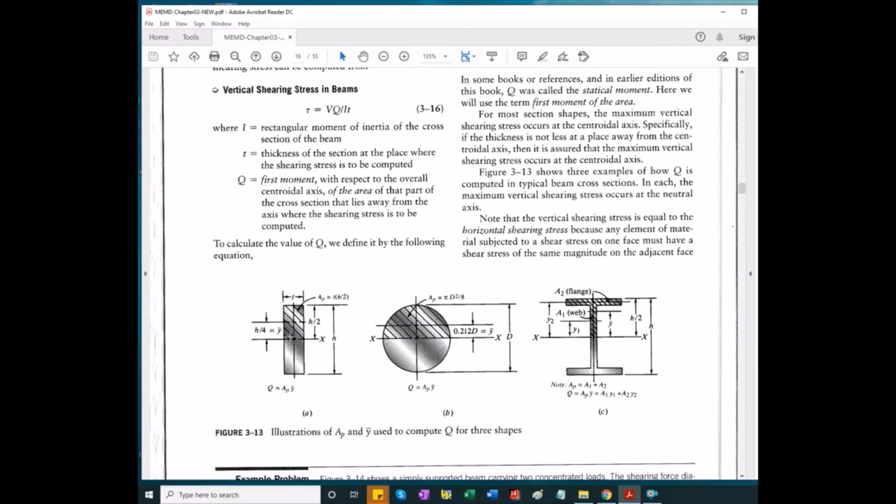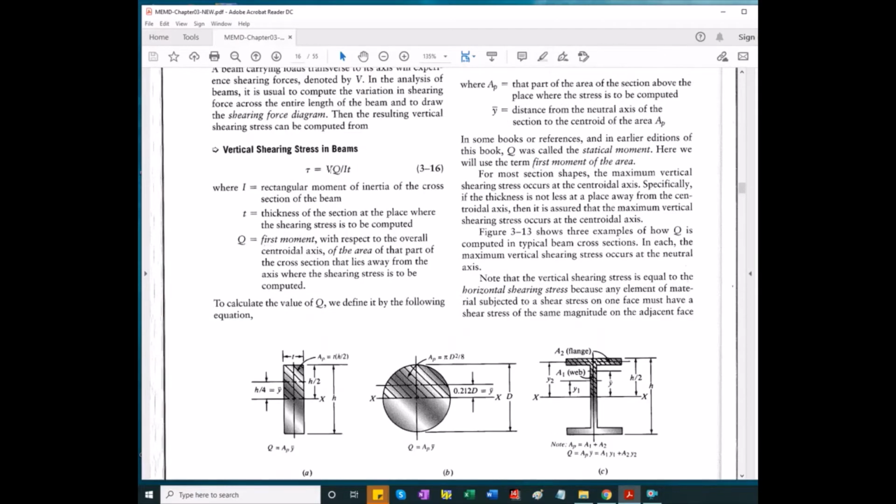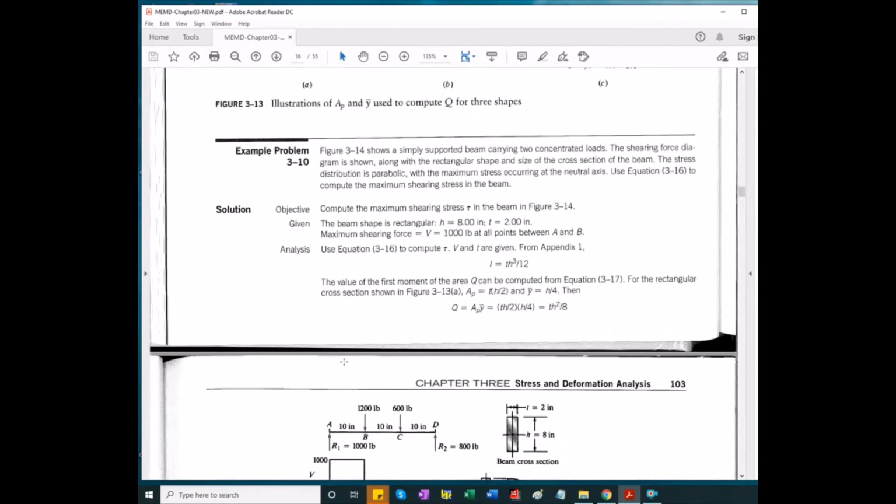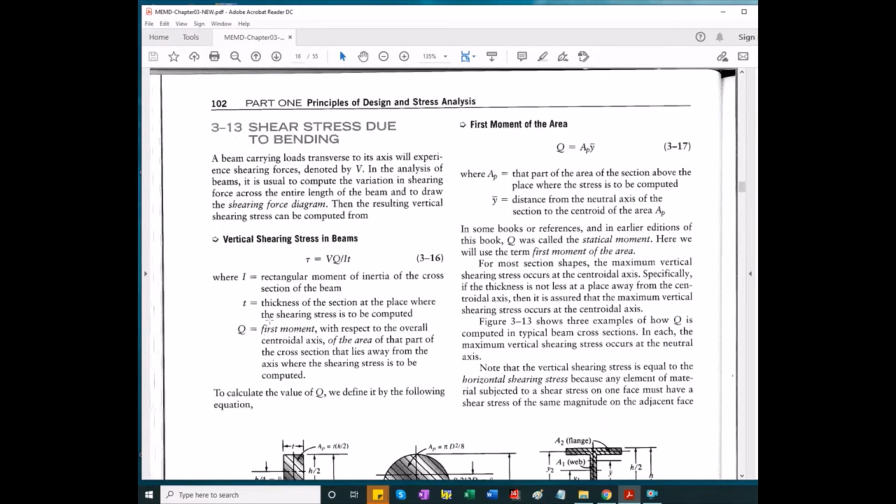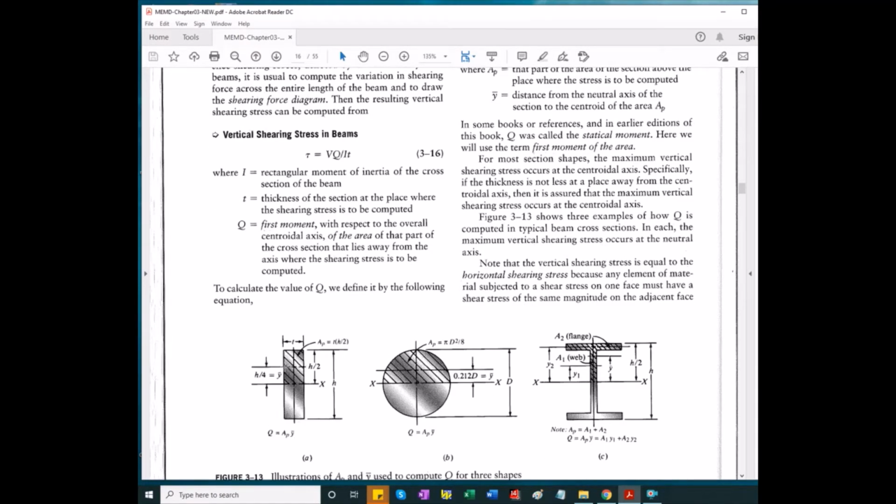At any location along the cross section, using this general formula, the shear stress is going to be the shear force from the shear diagram, times the first moment of area as defined here, divided by the area moment of inertia of the entire cross section, times the thickness at the cross section where we calculate the stress. Okay,